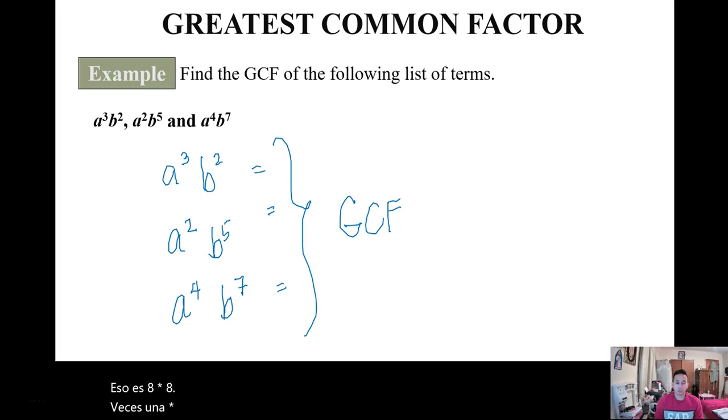This is a times a, 2 a's, and then 5 b's, and then we have a to the 4th and